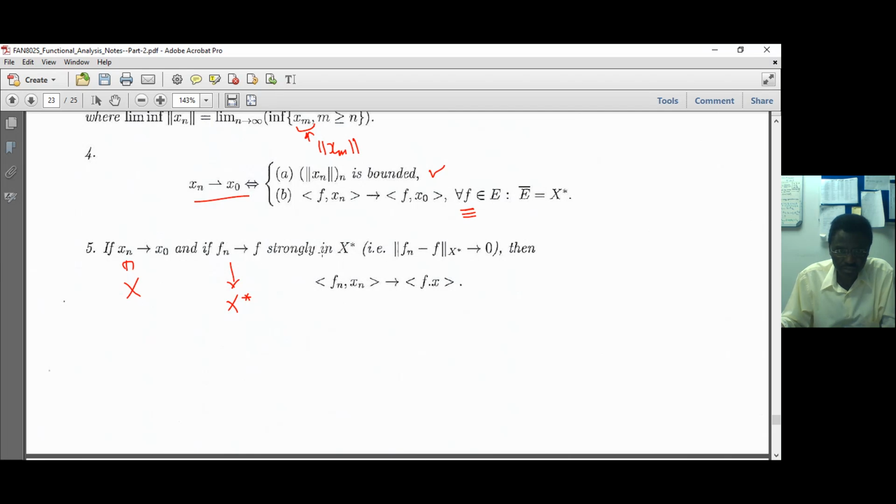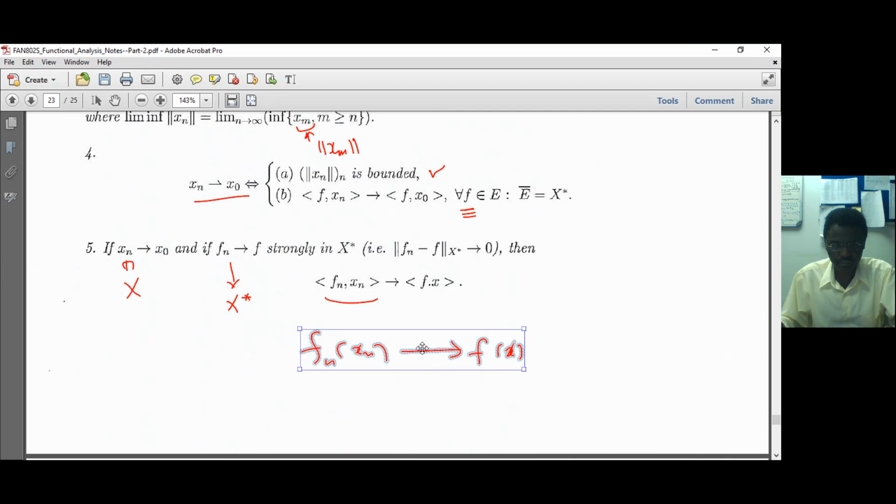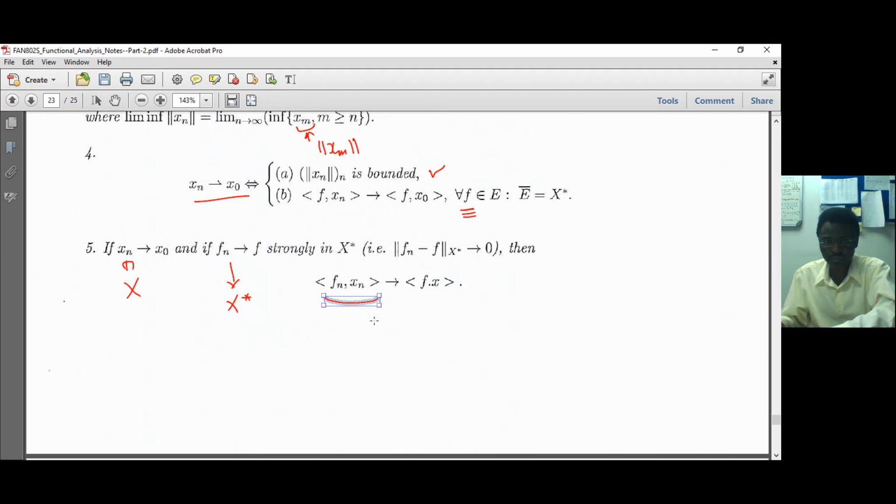And strong convergence, this is what it means. Then, if we take the couple, that is fn of xn will converge to f of x. Because there is the duality, that's why we use the duality brackets. Okay, so this ends